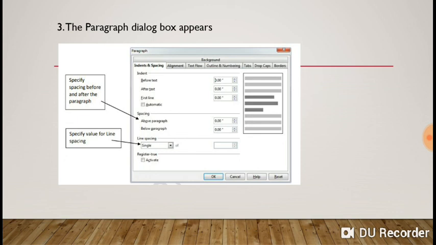What is in indent and spacing we have already discussed: spacing above paragraph, below paragraph, indentation before text and after text, and the first line indentation. These are on the indent and spacing tab.